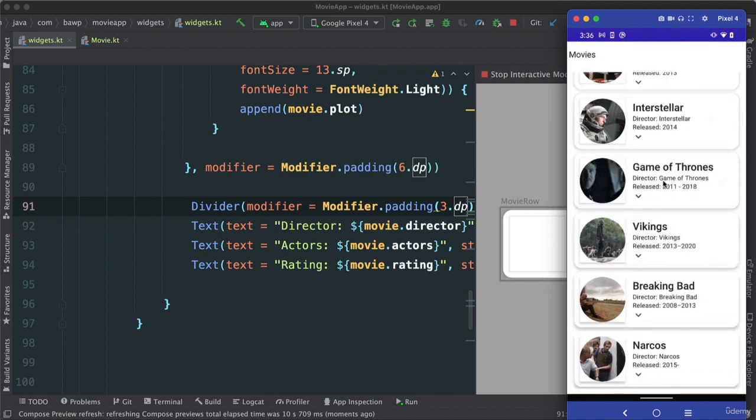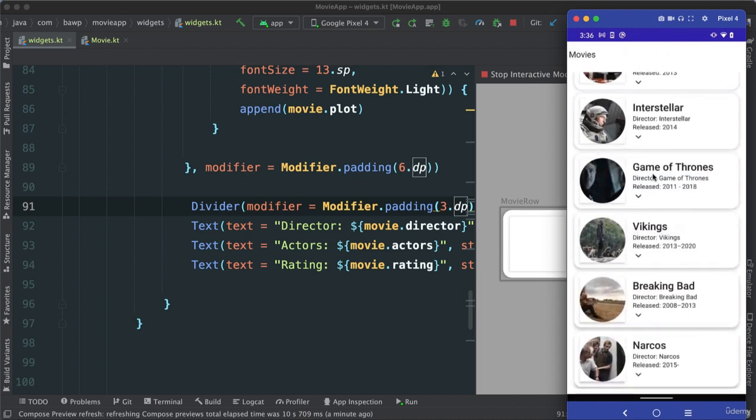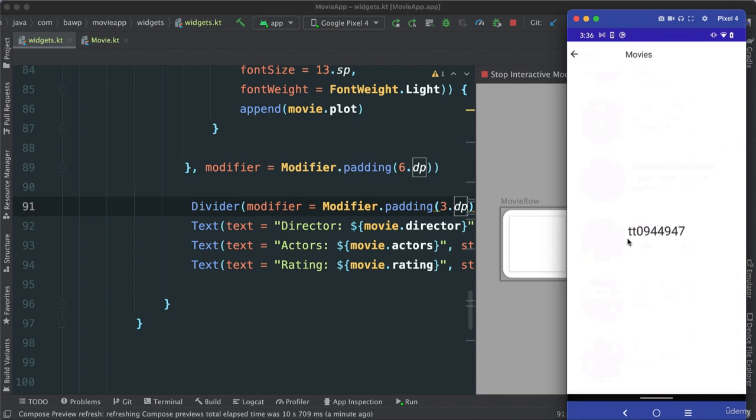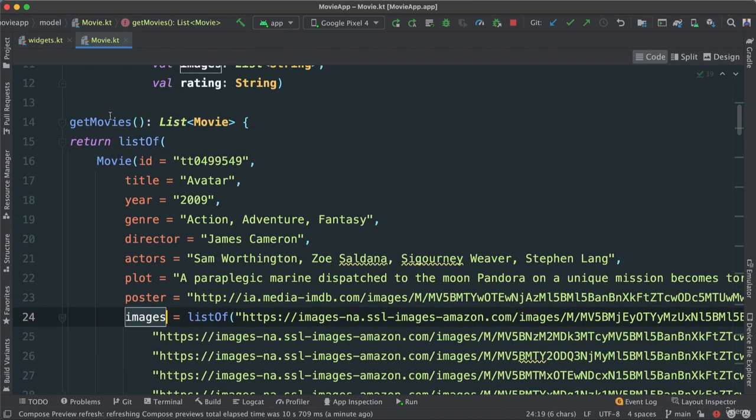So what do we want to do next? Well, we're going to work on the details screen here. So as an exercise, I want you to see how can we then get all of the information about this movie. So when we click, we're getting the ID of the movie. So what you need to do, I'll give you a hint here, is to filter through the movie, this list of movie, get movies, filter through until we find a movie from the list that contains